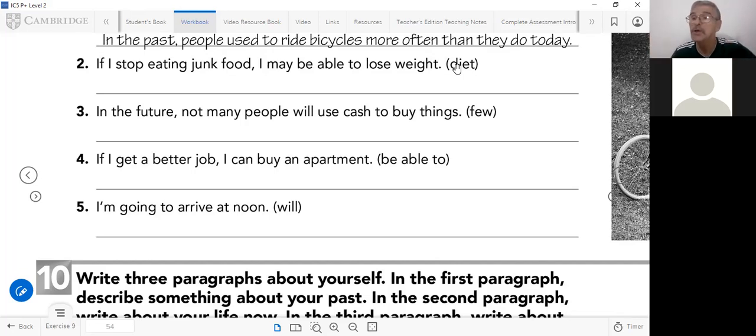Instead of saying I will lose weight, you say, I will be thinner. I will be thinner and healthier. If I change my diet, I will be, or I may, you can omit may. And you say, I will probably